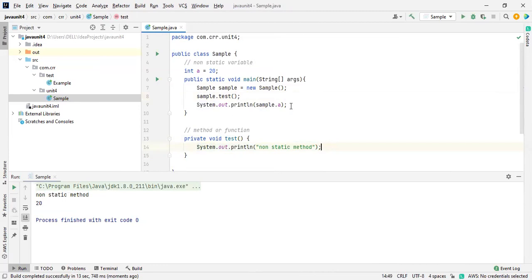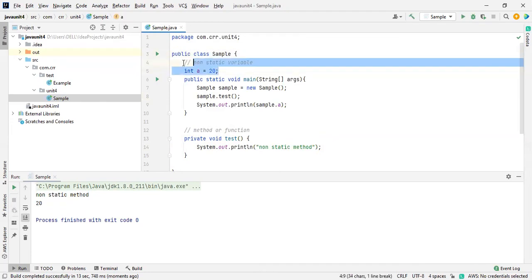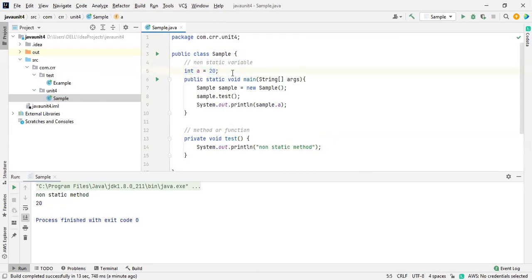And then I accessed a variable, which we call an instance variable or a class variable. Two names for this. If you place it inside the class, outside of the methods, we call it instance variables or class variables. Please make sure that you place it properly in a good organization. Some companies are there.